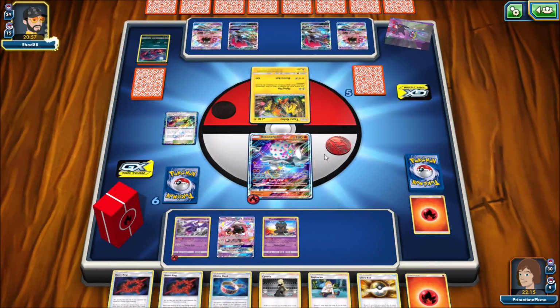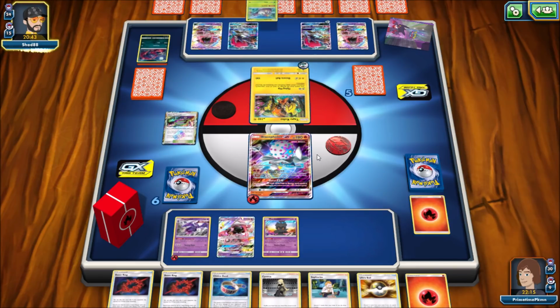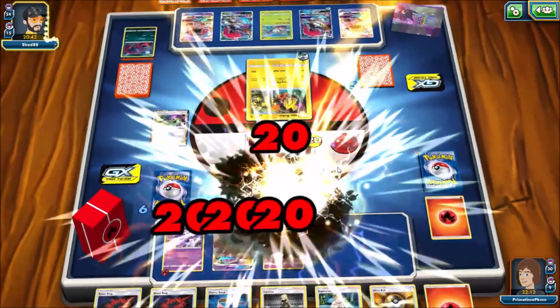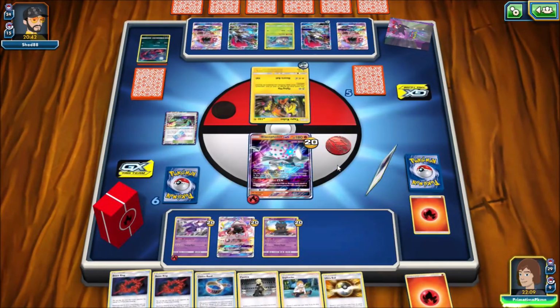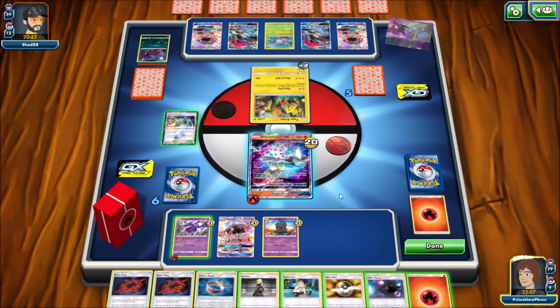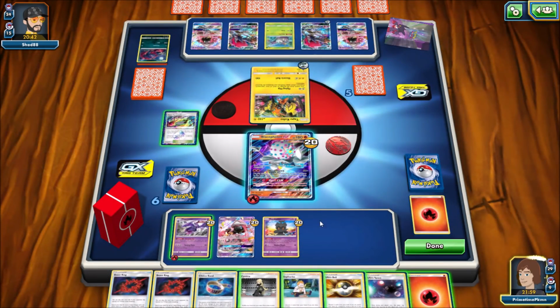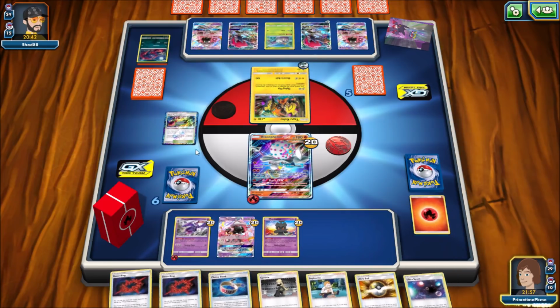What are they going to try and do? Are they going to use Flying Flip or Riotous Beating? They are going to use Flying Flip, and they are going to try and get a Golisopod set up. So there's an Ultra Space if I'd like. How many energy cards have I used? There's 2, 3, 4. I should have plenty of energy left,